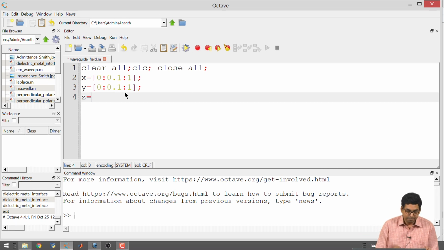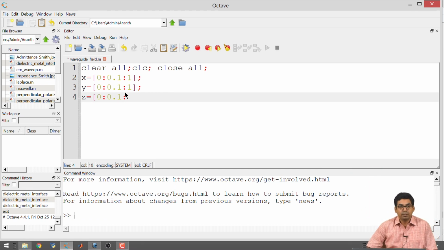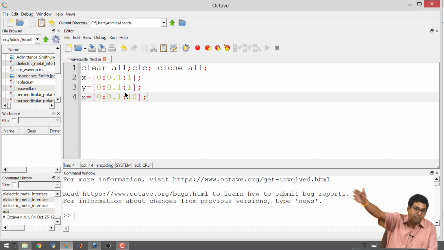So, I have z. To signify that this is the longitudinal direction, what we had done in our derivation was we had considered the z direction to be very large, all right. Now, very large means very large compared to something, maybe the cross sectional lengths. So, here I am just going to take 10 times, the same units. So, if I took 1 by 1 millimeter to be the cross section, I am just choosing 10 millimeters to be the length to signify that the longitudinal direction is large, right.